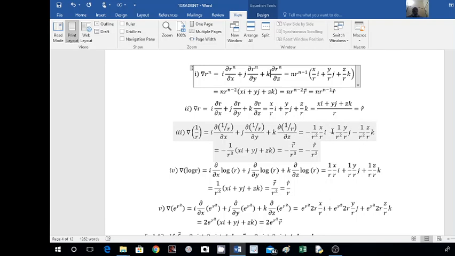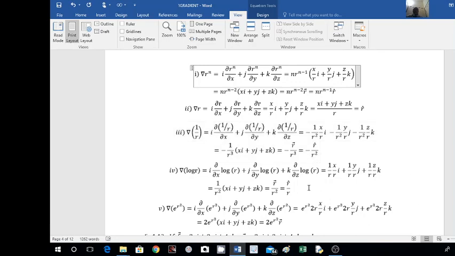So here minus is there, and in the denominator r cube is there. I will take minus 1 by r cube as a common factor here. Then we get xi plus yj plus zk, which is nothing but vector r, divided by r cube. Now we write this as 1 by r square, and I'll keep one r below the vector r. That is vector r by its magnitude, which is nothing but the unit vector r, and the 1 by r square as it is. So this is our r cap divided by r square.